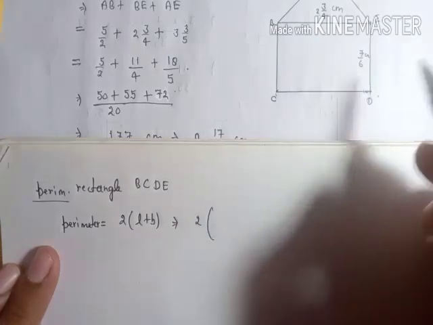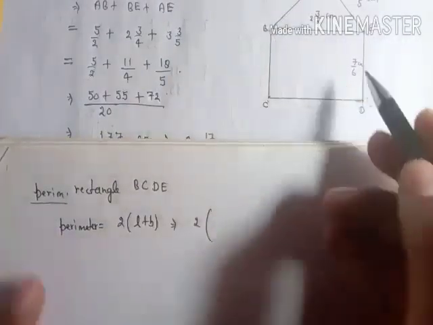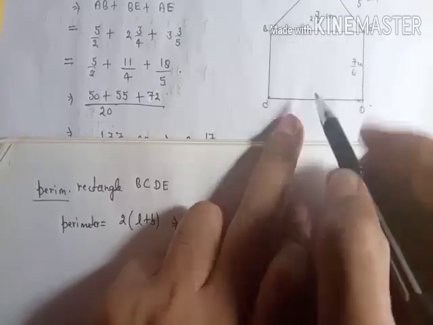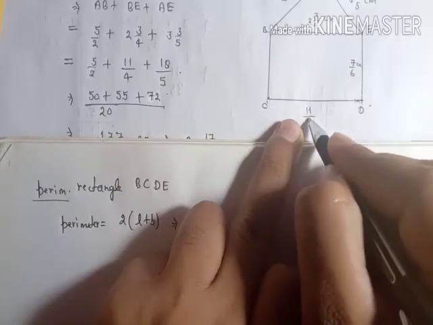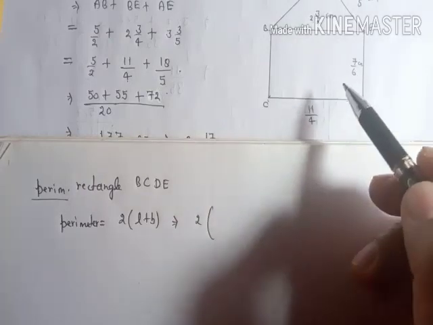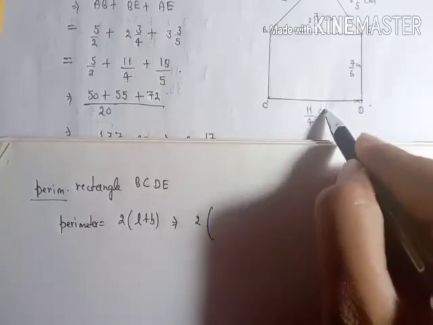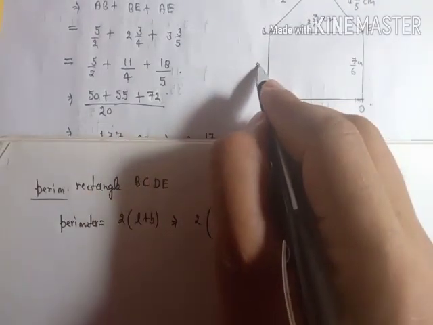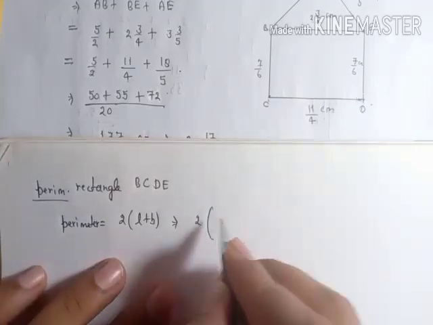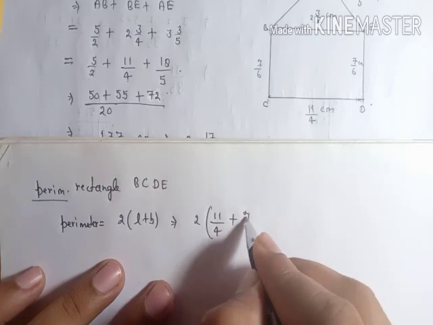And in this rectangle, you can see this is the length and this is the breadth. And length is what? 4 2s are 8, 8 plus 3 is 11. So 11 upon 4. And you know in a rectangle opposite sides are equal, so this is 11 upon 4, the same, in centimeter. And here this will be 7 upon 6. So this is the length, this is the breadth. Put the values there. Length is 11 upon 4 and breadth is 7 upon 6.